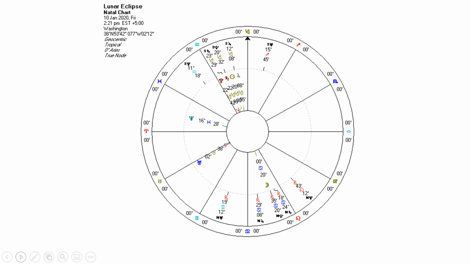Notice that the position of Neptune at 16 degrees Pisces is square the south node of Saturn at 15 degrees of Sagittarius. Now I took out the extra planetary bodies here just to make the chart look very simple, but Mars is, I think, at this time about 4 degrees of Sagittarius, so it's going to go over and trigger the Uranus nodes here. Venus was at 20 degrees Capricorn,